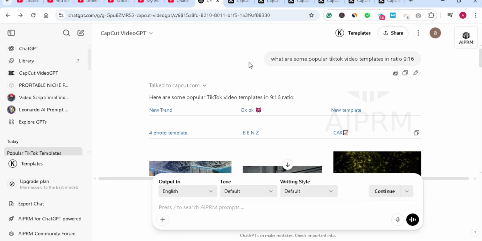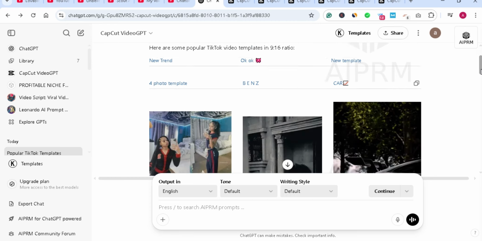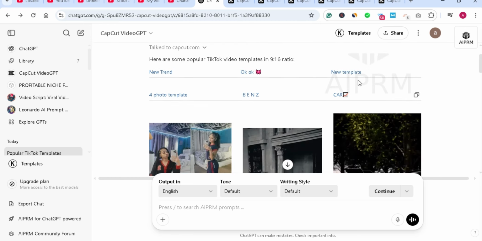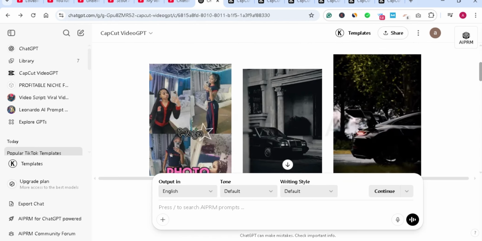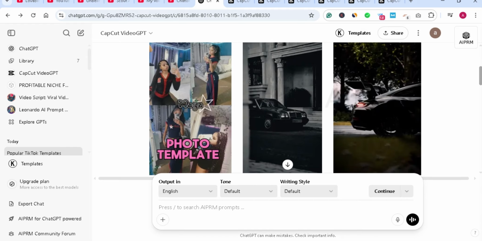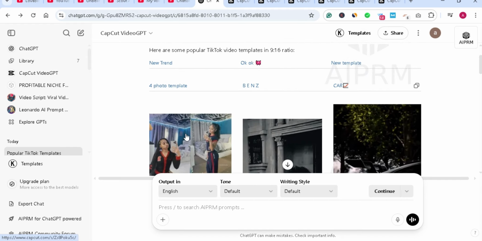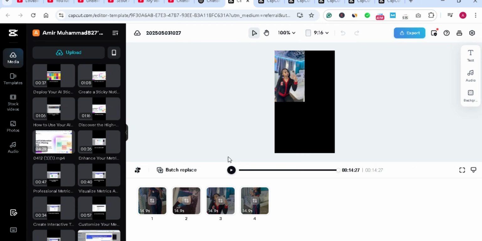My first prompt was: what are some popular TikTok video templates in ratio 9 to 16. So it has searched TikTok directly and it has given me these three video templates that can be used for your TikTok video. And similarly there are four photos and you can open these. When you click this you will be directed to CapCut, and for this photo I am directed over here, and if you click it,